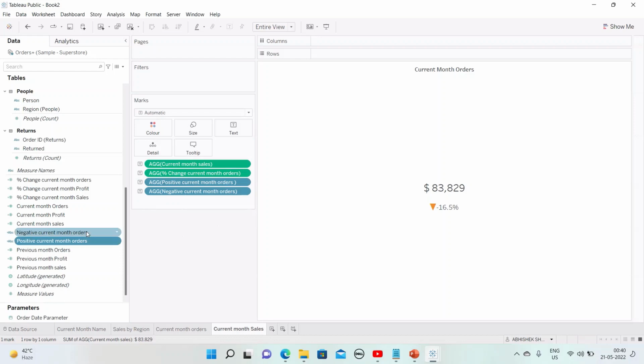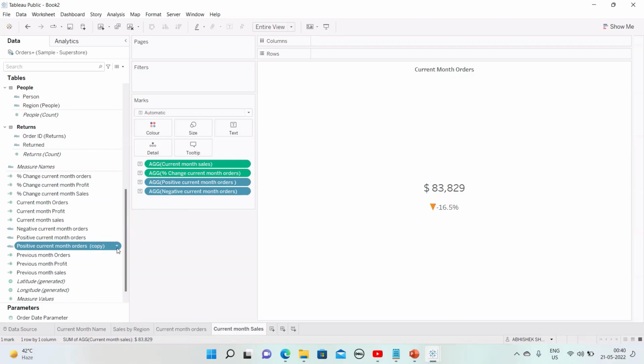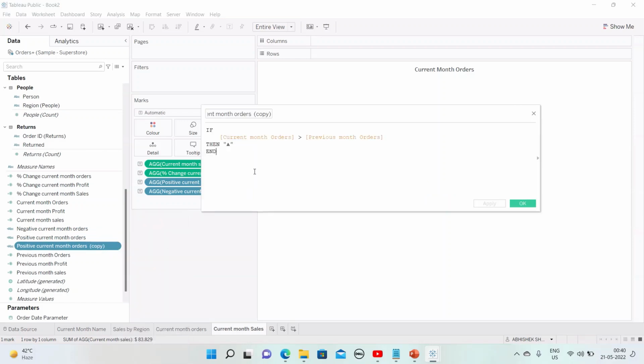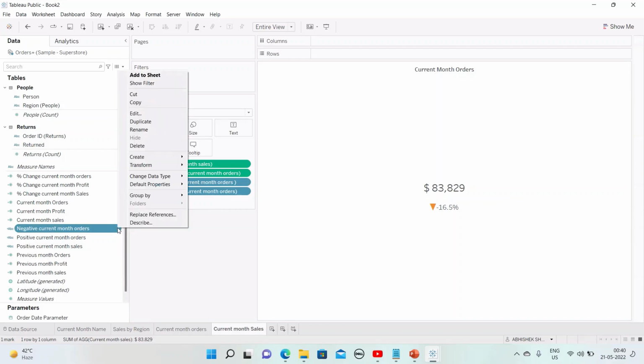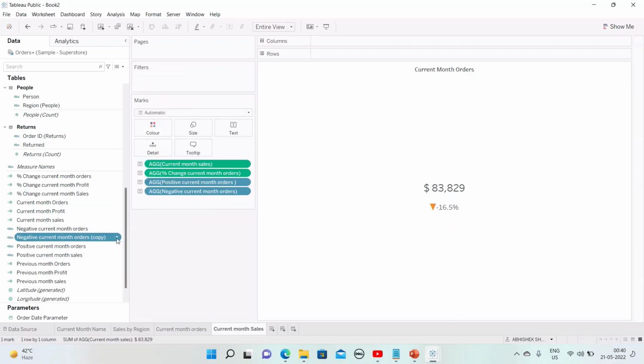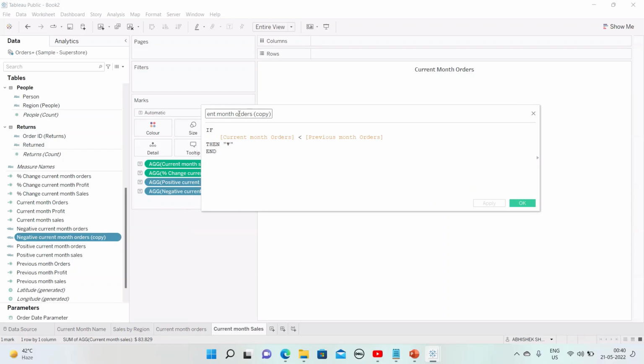Now we have to create the positive and negative indicators for the sales also, just the same way we did for orders, right? So I'll duplicate this positive one. If sales, sales, sales, similarly for negative, I'll duplicate this. Sales,